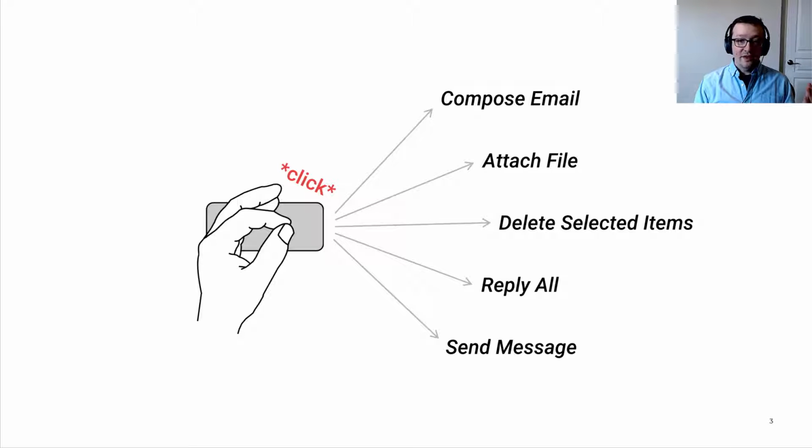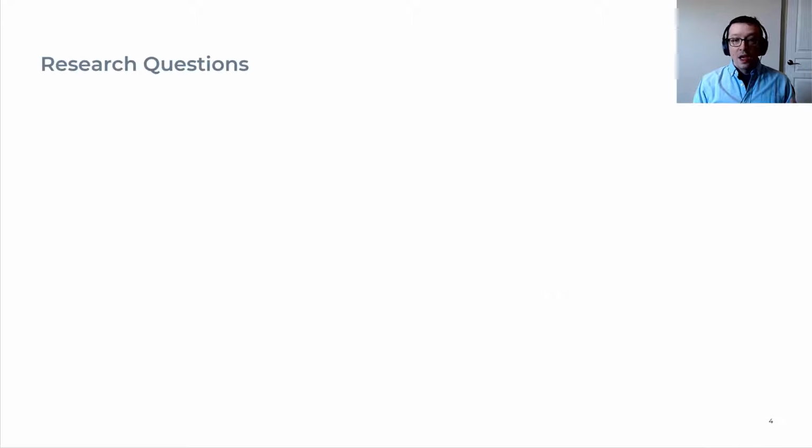A false positive could be really bad for a send message action, but maybe not so bad for a compose email action. And false negatives are often not that bad because you can just try a gesture again, but they could be really bad if your computer is going to restart to apply updates if you don't do a cancel action. So we wanted to investigate how error type preference changes with the relative cost of false positive versus false negative errors to lay the groundwork for cost of error adaptive recognition techniques that can dynamically adjust this threshold.